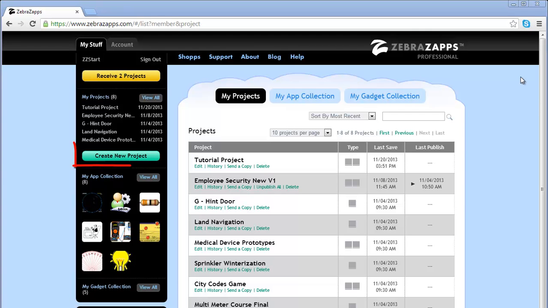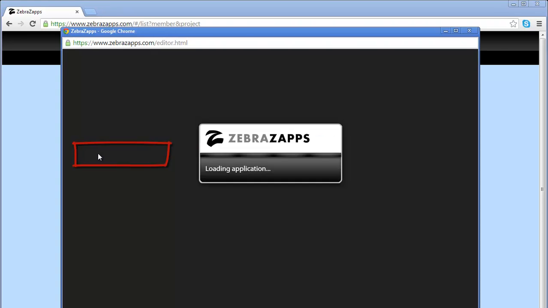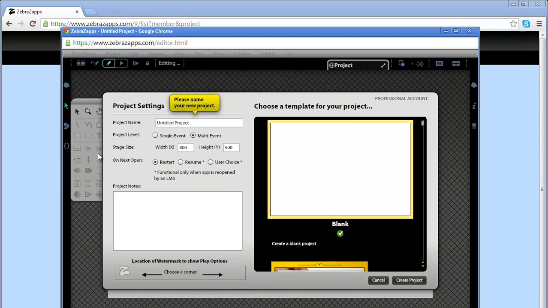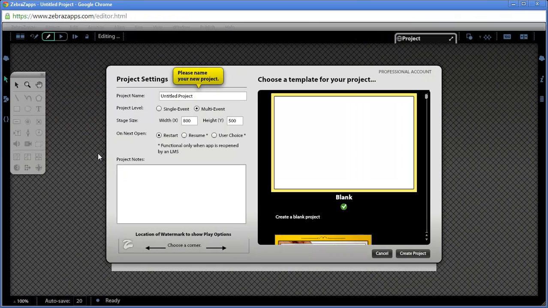First, press the Create a New Project button on the User Account panel. This will launch the editor in a new browser window. Let's take a look at the Project Settings dialog box. Here we'll enter the new project name,